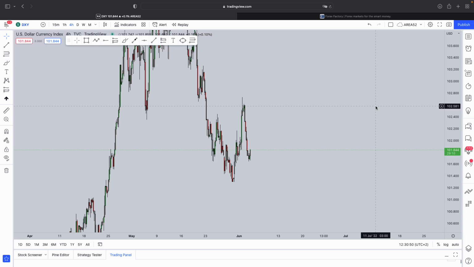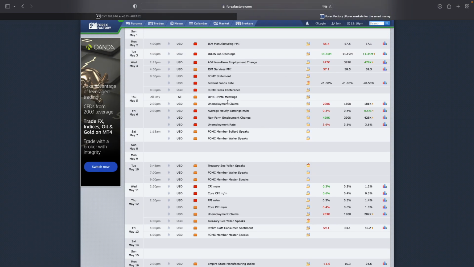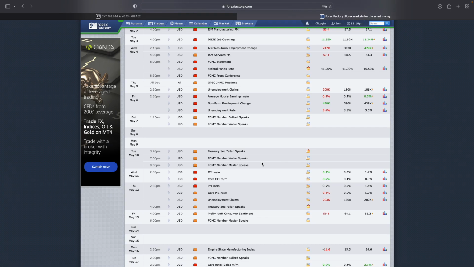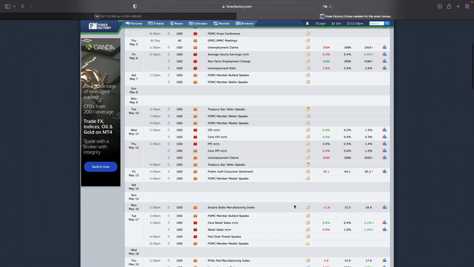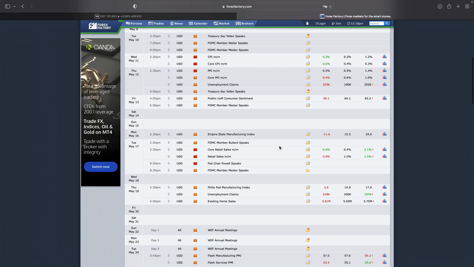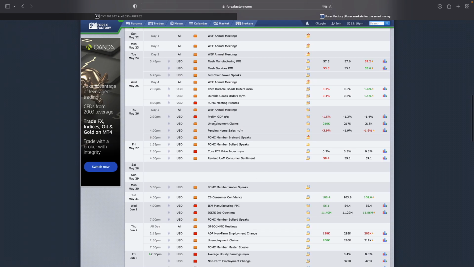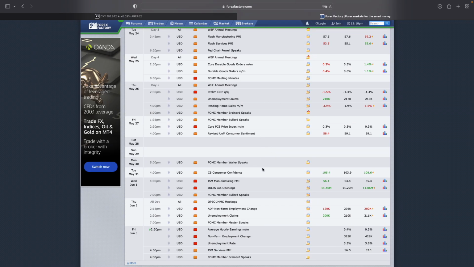Very simple. Now, there's a couple of factors that make up the NFP that we are going to look at for last month. Firstly, it's the unemployment claims. The unemployment claims tell us how many people had lost their jobs and applied for unemployment benefits, and that will give us an indication whether the number was higher in April versus what it was in May. We're going to look at last month's NFP data, the unemployment rate, and last month's unemployment claims that came through. That's primarily what we are going to be focusing on, the unemployment claims that came through last month and how many times they did not meet those targets.